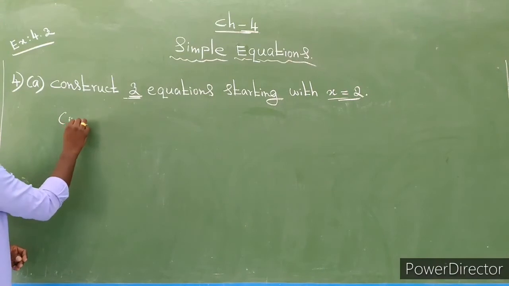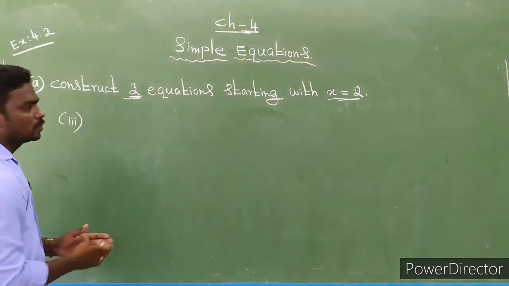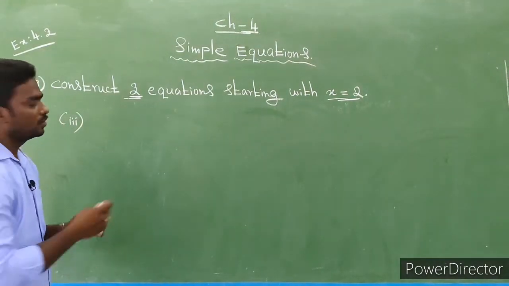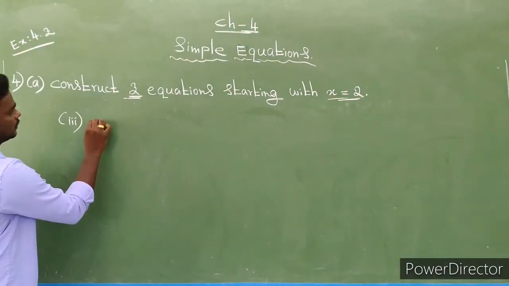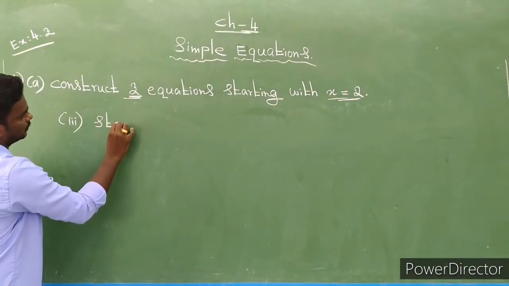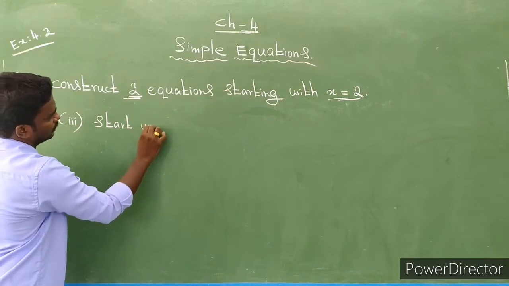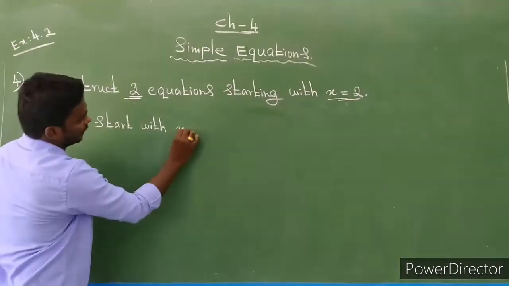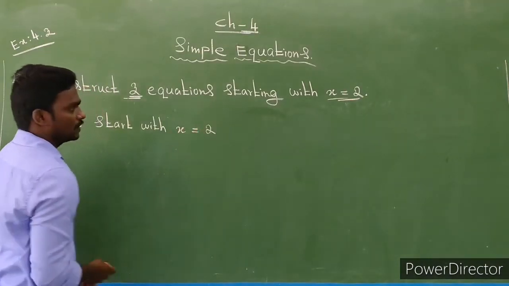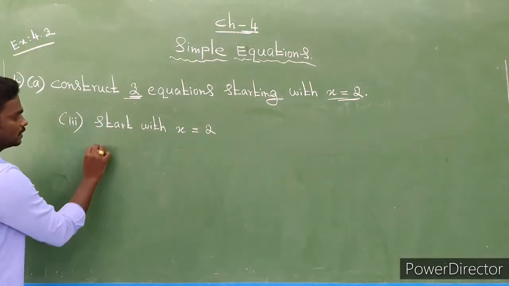Next we form our third equation. We already formed two equations starting with x is equal to 2. For our third equation, we can start with x is equal to 2, then